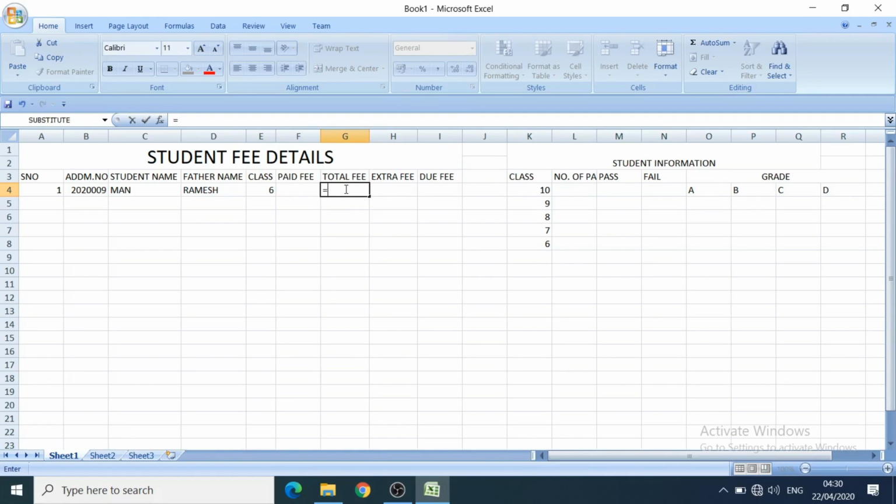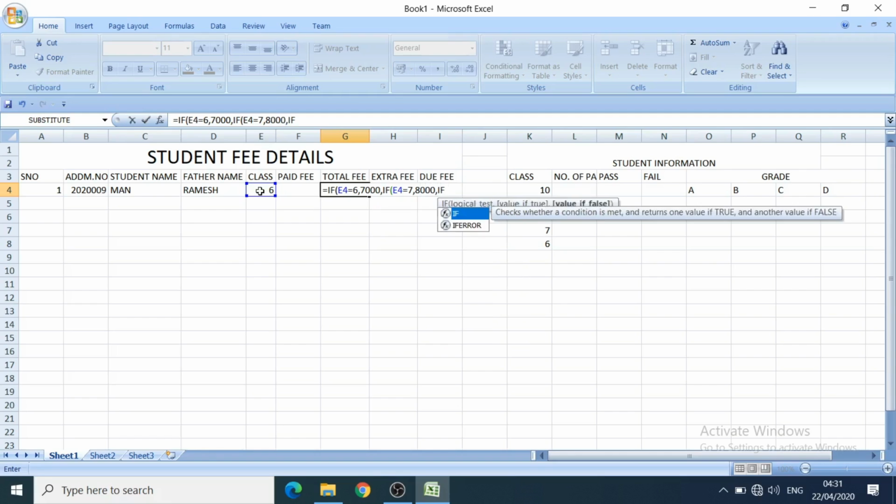Simply, here I am using the logical function IF: if student class equals 6th, then I want to show 5,000 or 7,000 fee for 6th class. If he is in 7th class, then I want to show 8,000 fee.